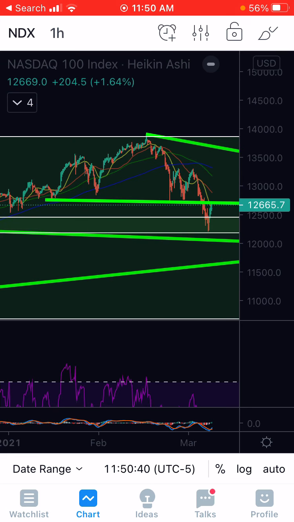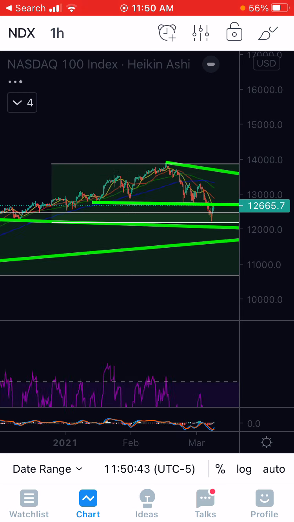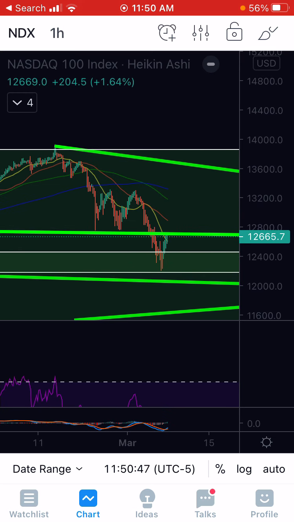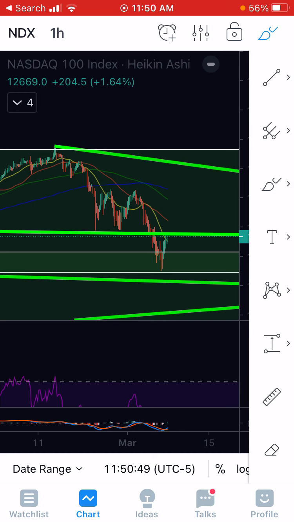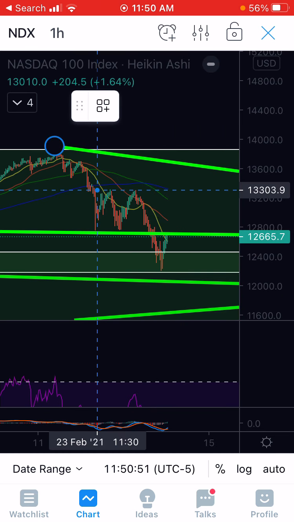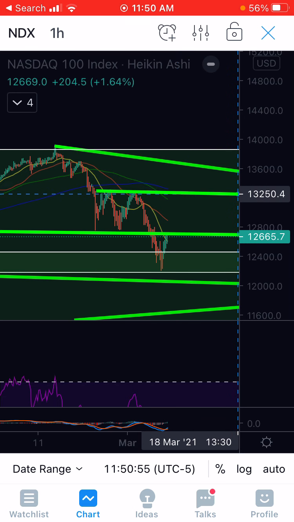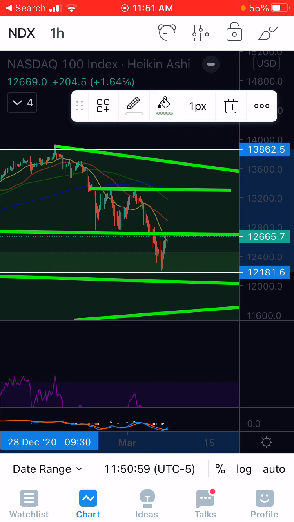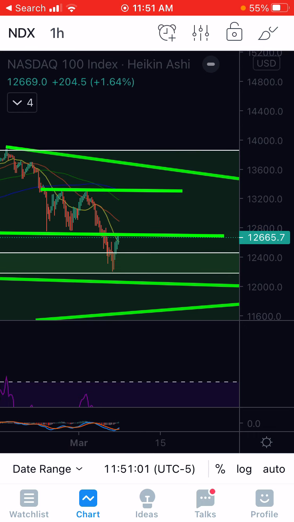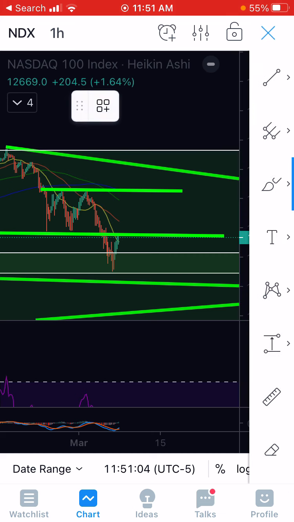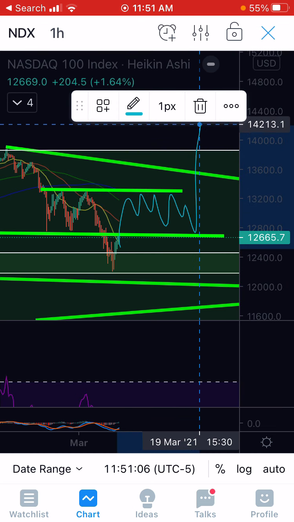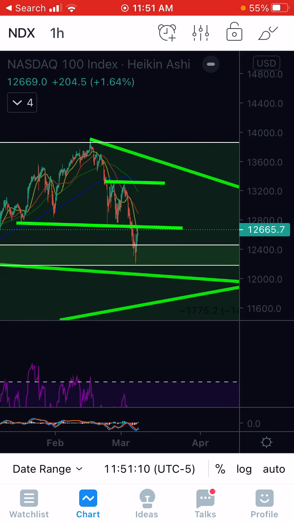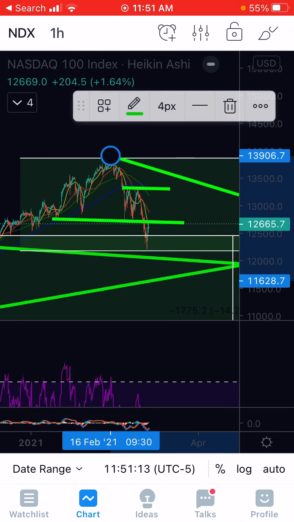I'm trying to look and see if I could see anything else beyond what we have. Yeah, there's not much I can go by right now. So there's obviously this resistance here that needs to be looked at of this trading channel, which maybe we'll try to get back up in. Maybe we can get a breakout of. We'll have to see. But as of now, that's kind of where we're at.